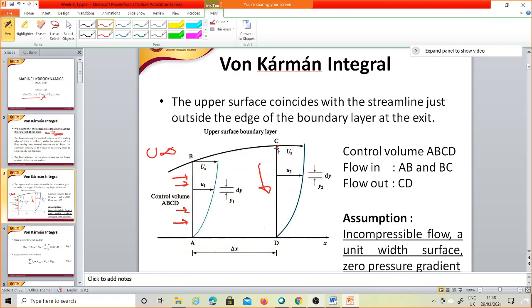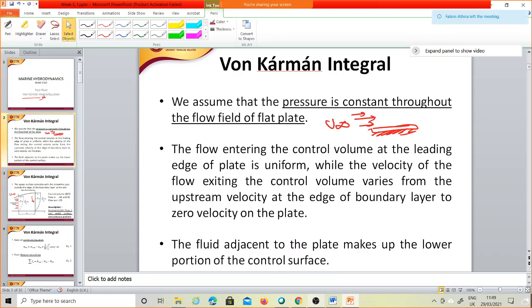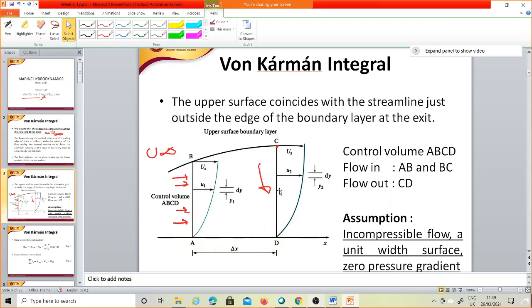Okay, so it means that it actually follows the velocity profile, like the boundary layer thickness. And the fluid adjacent to the plate makes up the lower portion of the control volume. It means the lower part is actually the plate itself. So we have the control volume, and the lower surface is